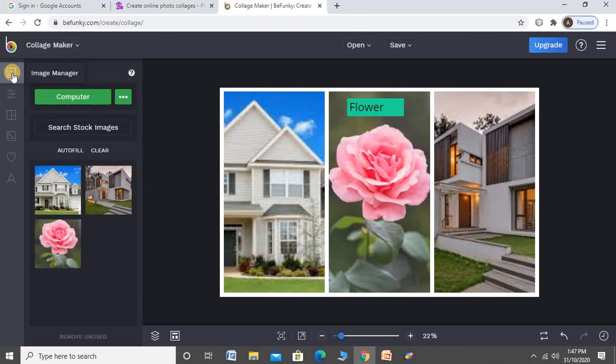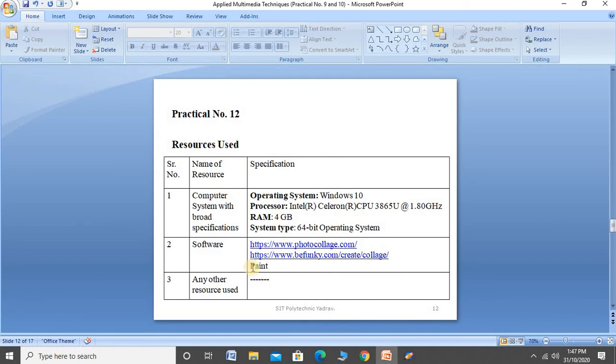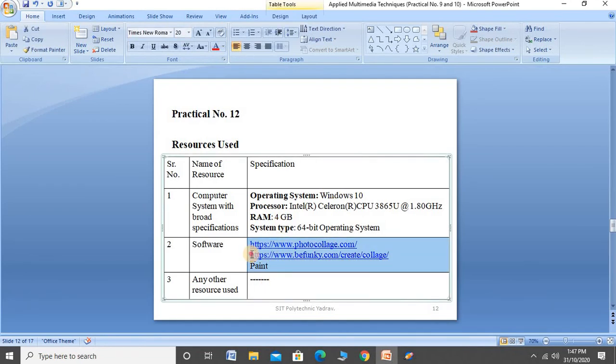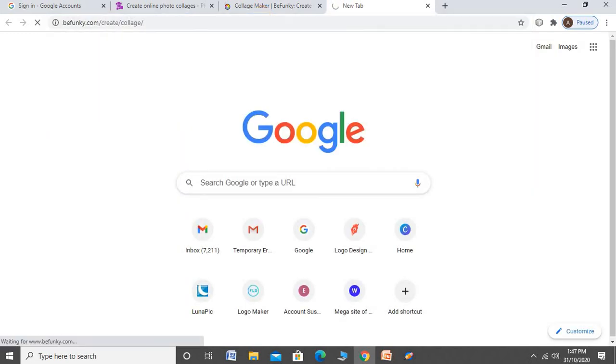First of all, newly open it. Okay, it is a must for your AMT practical.